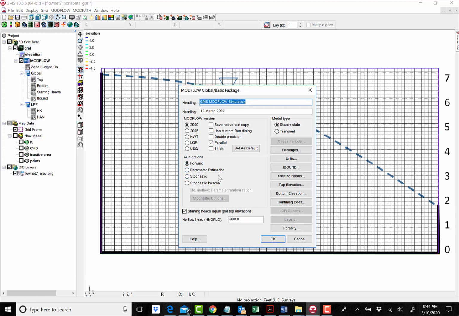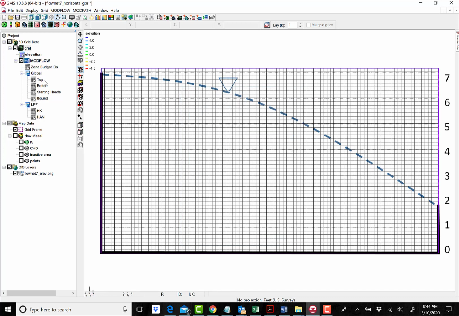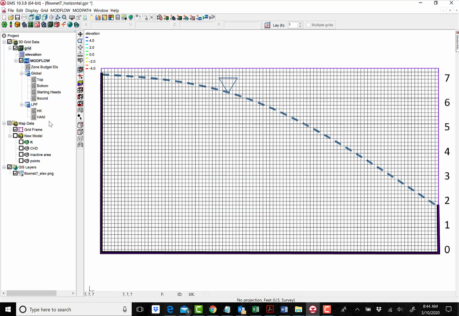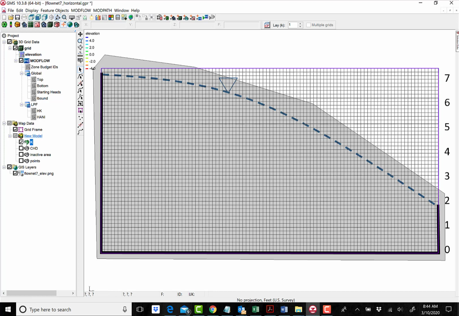We'll add a Modflow. And then let's check LPF. We want it to be confined. And we're going to specify the anisotropy ratios. We'll take a look at the hydraulic conductivity